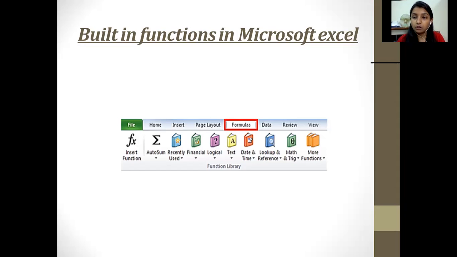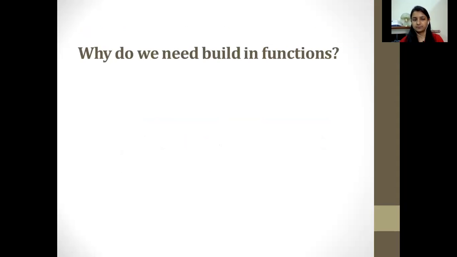So that is a logical function which we would be applying. I'll be explaining it further. Then text is again whatever text we have written. Then date and time is there, where we can add the date and time. Then we can give references, maths, and triangles. These are all functions which we would be using as built-in functions.